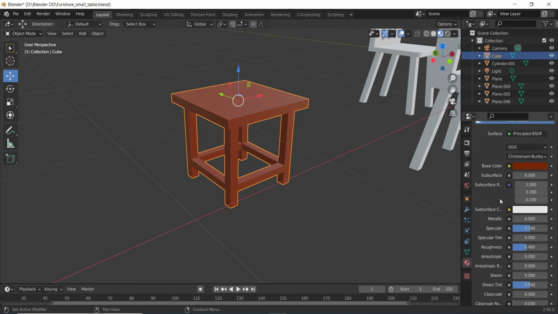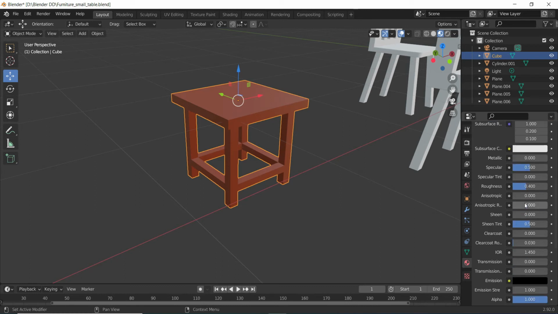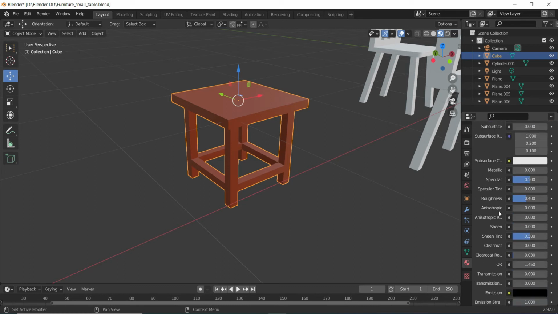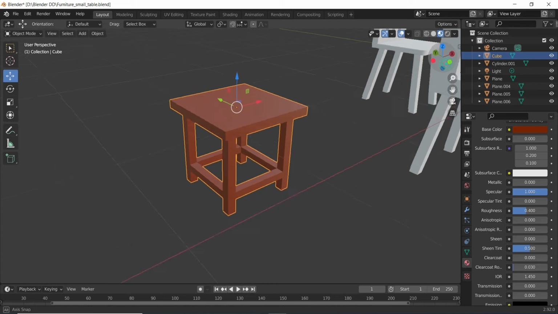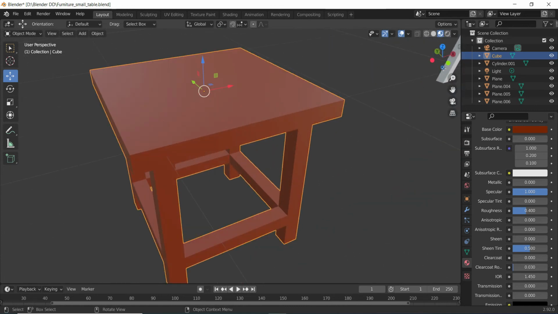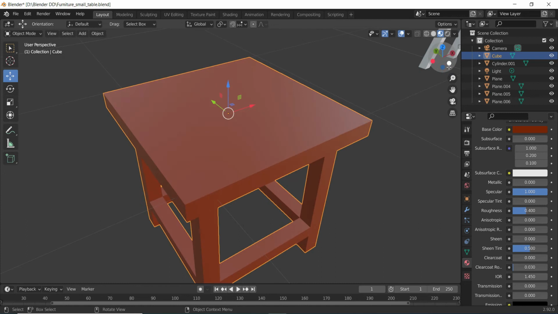After that, it has so many options, but as of now in this activity I will be telling you about three parameters in the materials. First, let's talk about specular. The default value is set at 0.5. You can make it 1 maximum. Specular basically makes your object shiny or reflective. So if you want to create a shinier object which reflects some light, you should keep the specular value on the higher side.